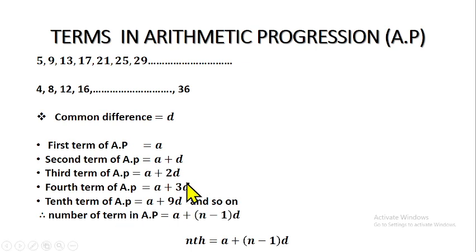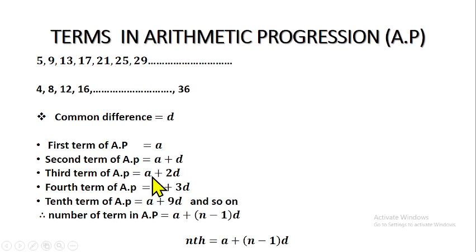If you don't, how did we get all these 2, 3 you're having here? Like I said, the first term is A. The way we got it is A plus the term number we are looking for, minus 1, multiplied by D. For the first term, 1 minus 1 is 0. Multiplied by D, that will give us 0. 0 plus A will give us A. That's the first term. For the second term, the number we are looking for is 2. That will be 2 minus 1 times D. 2 minus 1 will give us 1. 1 times D will give us D. That will give us A plus D here.